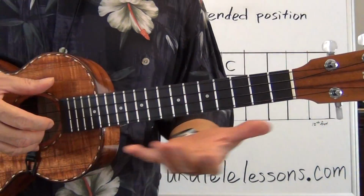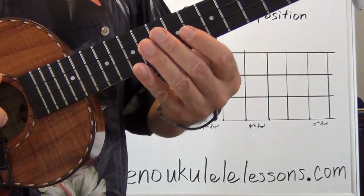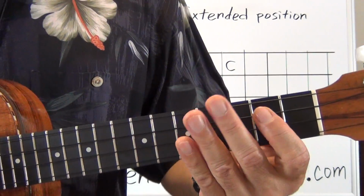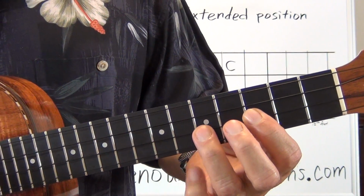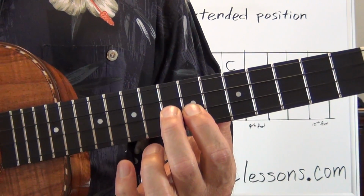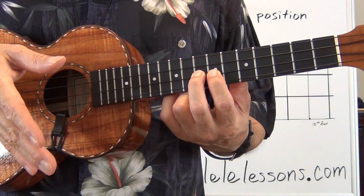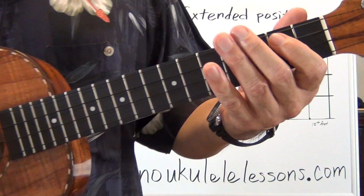Sometimes I slide into it. It's a habit, but you don't have to slide into it. You can just play the note. Once again, the fingering that I'm doing is first, third, baby, first, third, first, second. You decide on what it is that you want to do. The reason why I do it this way is because, let me show you what I'm doing. The reason why I do it this way,